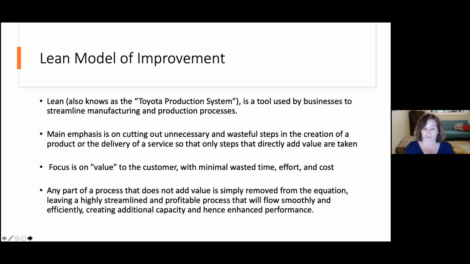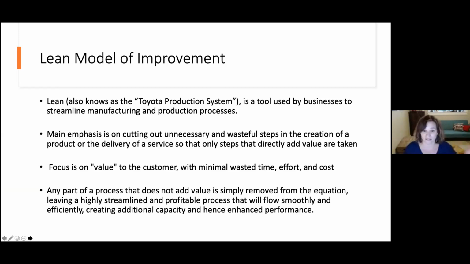Lean really was started by Toyota as a tool to streamline manufacturing and production processes. So building a car, how can you use Lean to make the process of building a car better? The main emphasis is on cutting out unnecessary and wasteful steps in the creation of a product.